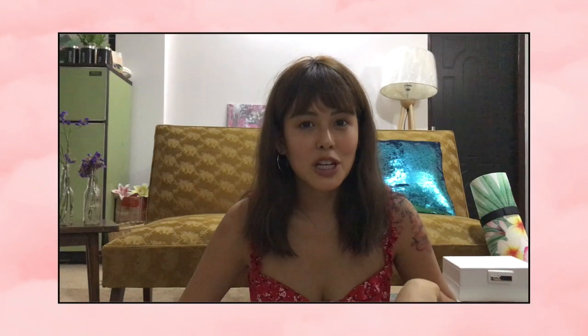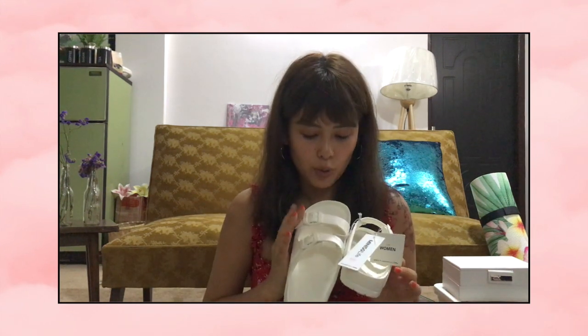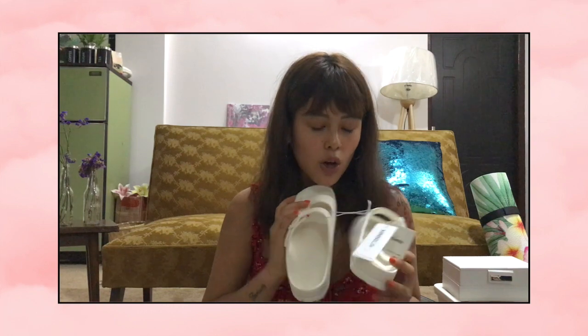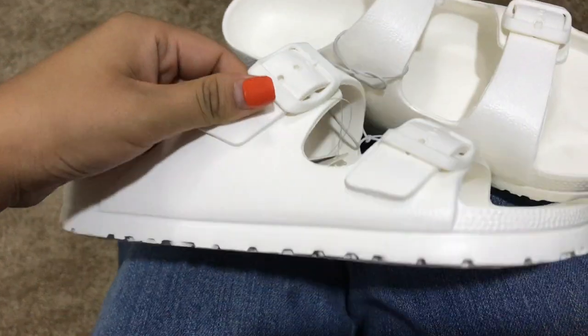This is something that I'm really excited about. This is a plain white slipper with 2 straps. This was 649 rupees, and actually initially I thought of getting this as my bathroom slipper because it's like a rubber one, so wet from the